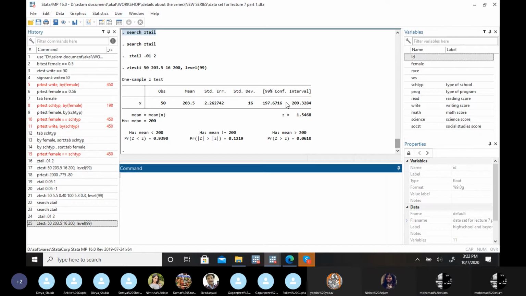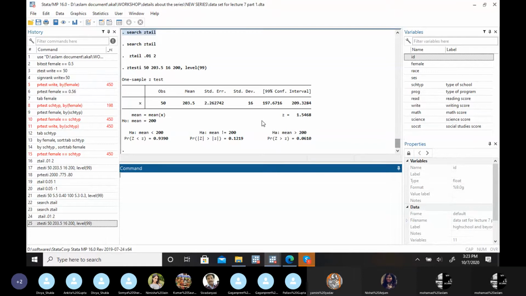So in these three cases, the confidence interval approach, the test of significance approach, which we do with the critical value, and the p-value approach, all three will give you the same results. Like in this case, with the critical value, we got that the value is lying in the acceptance region. So we have to accept the null hypothesis. Our p-value is greater than the level of significance. So again, we have to accept the null hypothesis. Our population parameter is lying within the confidence interval. So we have to accept the null hypothesis. So all three cases will give you the same results.